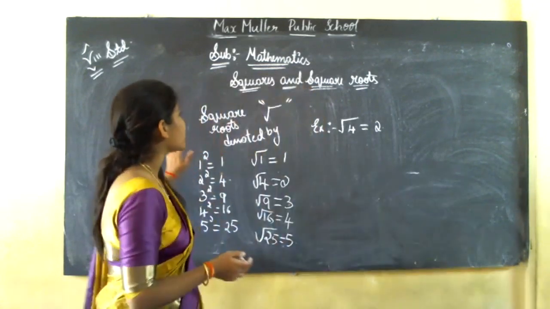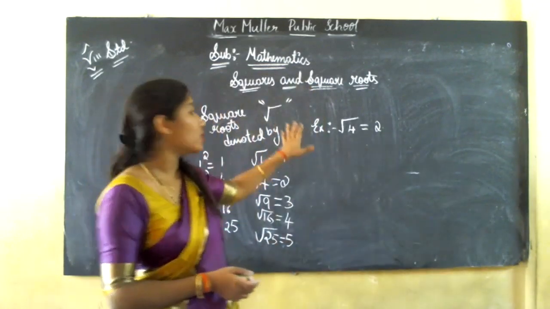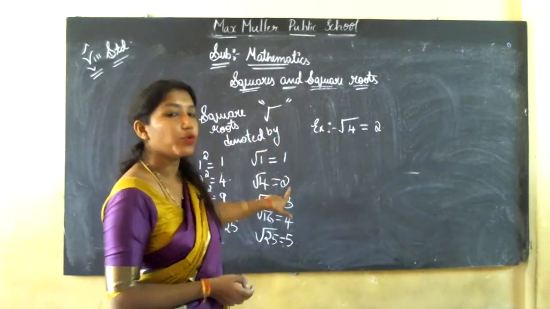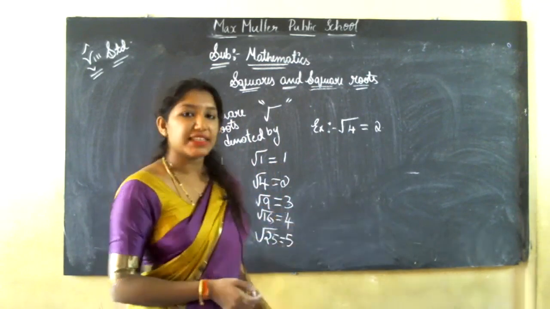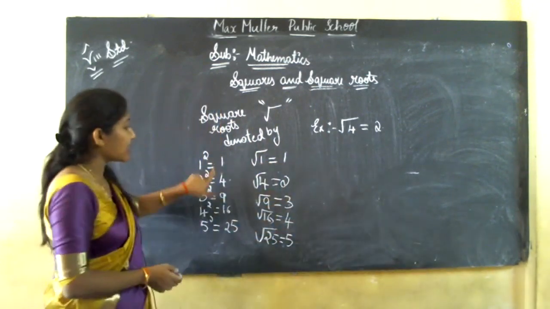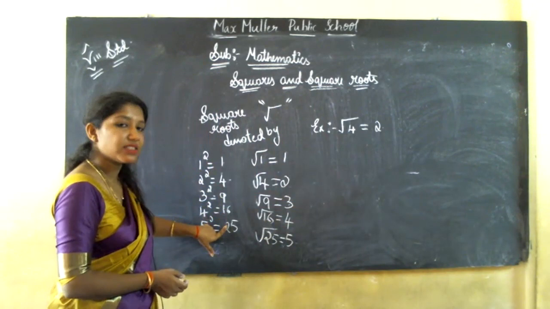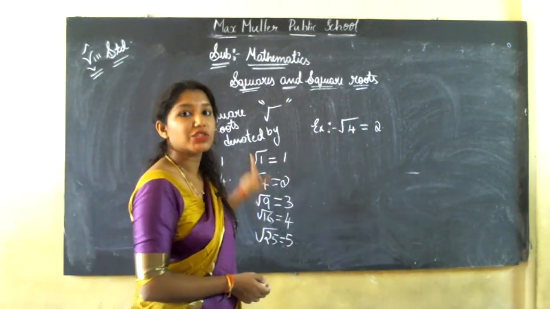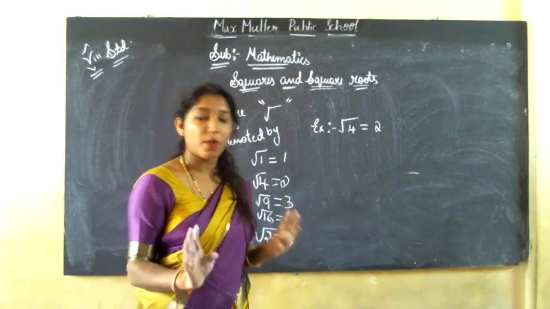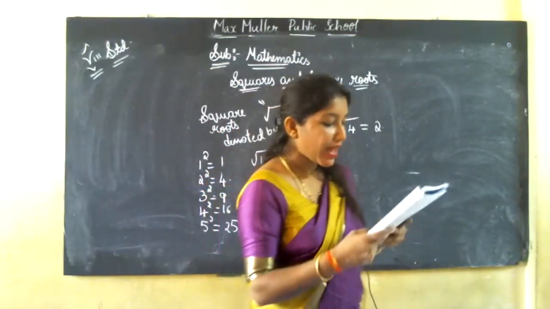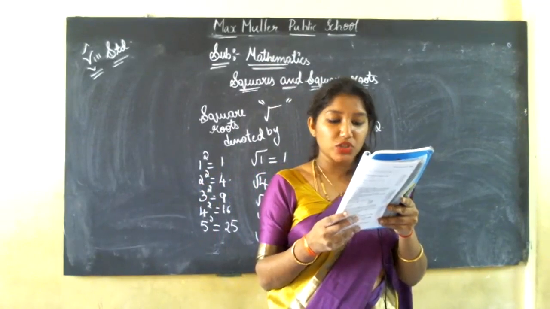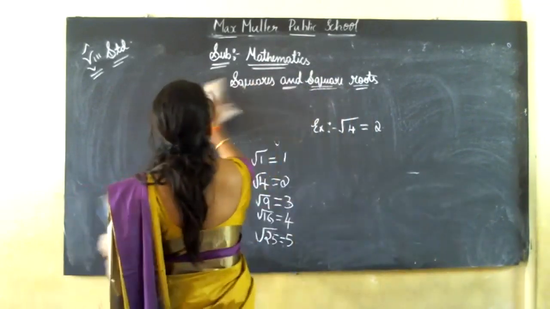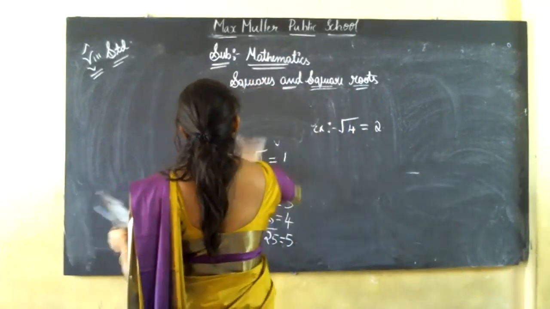Okay, now coming back to the chapter, square roots. It's denoted by this symbol, and the square root of 1 is 1, of 4 is 2, of 9 is 3. Like this, in squares, they are known as square numbers. In roots, they are known as square roots. Understood? I hope you all are clear with this. And finding square roots through the prime factorization method. There is a method to find out square roots.